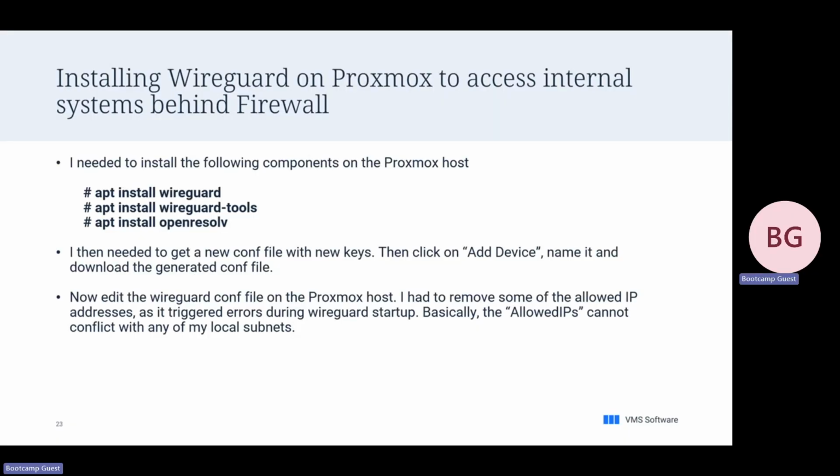And what I also did, because I'm using the system back home to access our internal network, which is behind the firewall, so we are using WireGuard. I was easily able now to install WireGuard on that system itself, but I now need to install something on the Proxmox hypervisor itself. So I need the WireGuard tools and OpenResolv, and then I had to get a new key, and then I had to edit the WireGuard config file on the Proxmox host to remove some of the allowed IPs,